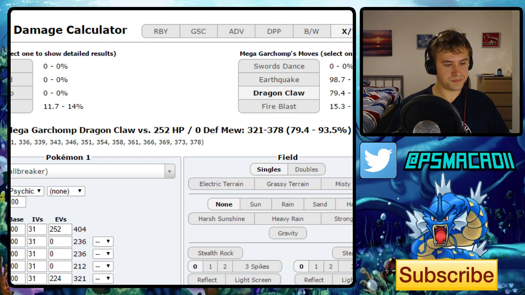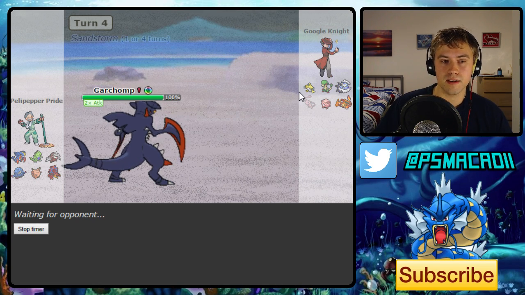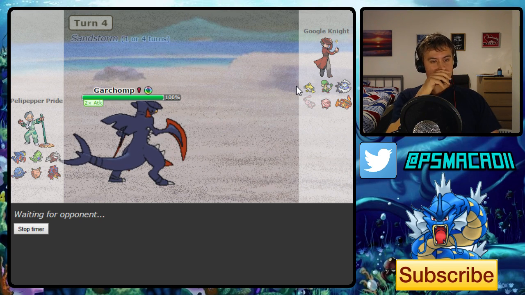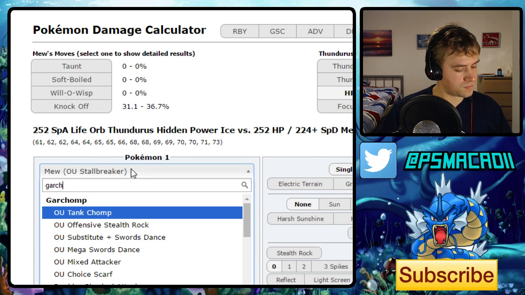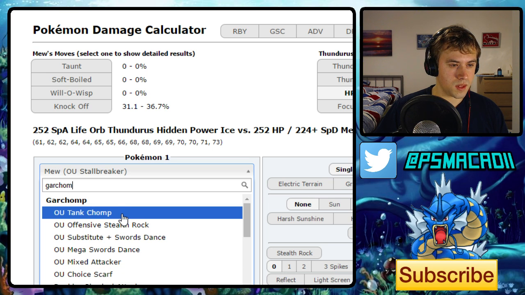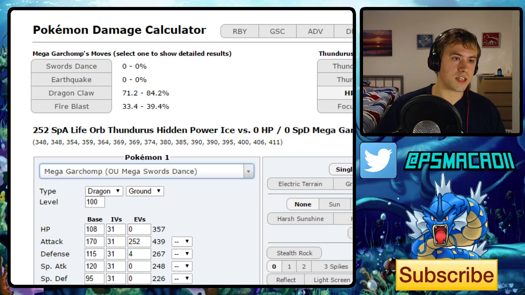Thunderous, do you kill me? Let's have a look. It was Ryan. It's just to see if I could not Mega up, because then I can just preserve that 102 speed for the Mega, potentially the Rachi, but also mainly the Mega Charizard, just to get that little extra pip from there. But I think, yeah, we had to Mega up, unfortunately. Garchomp. OU Tank Chomp, I guess. No, not Tank Chomp. What am I saying? Mega Swords Dance. See, HP Ice does kill, so we gotta...